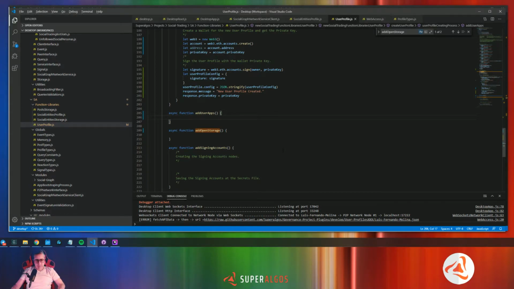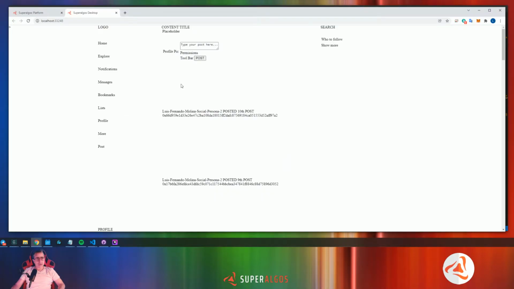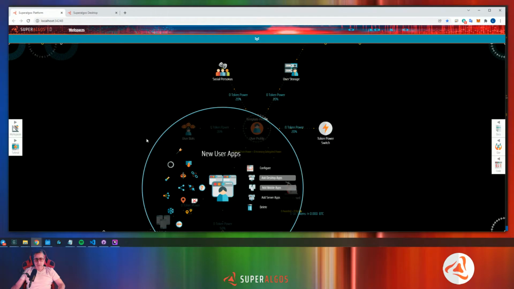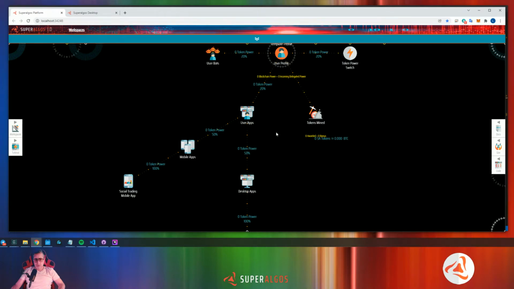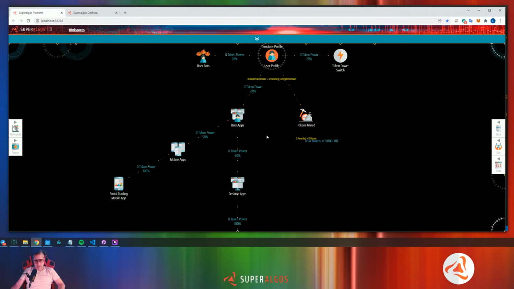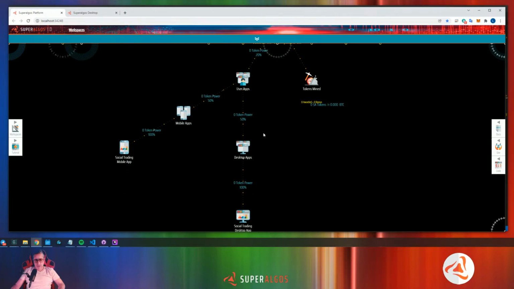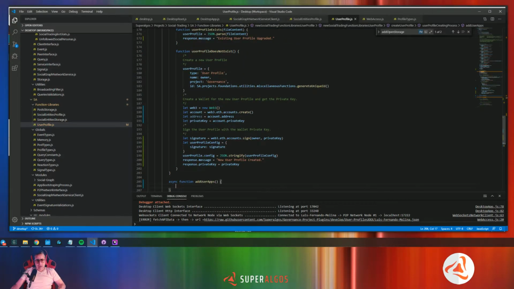Okay, so what we need to do here is to create this user app node. User apps node and add it to our current user profile, and then depending on the type of app that is using this, we create one of the other guys. So we have the user profile here,